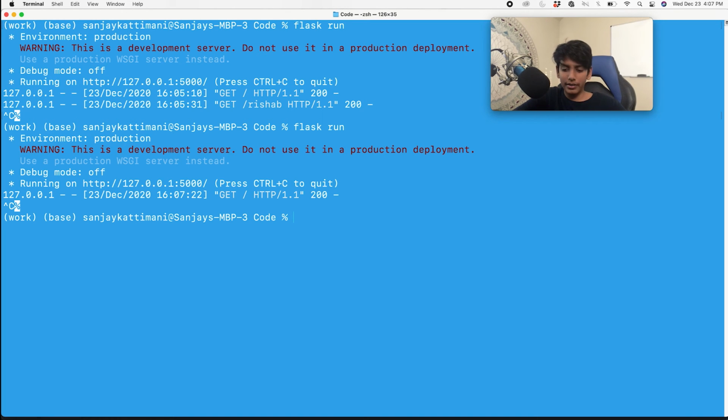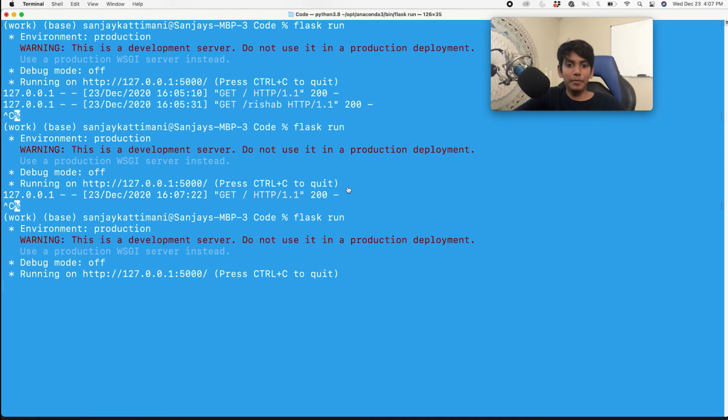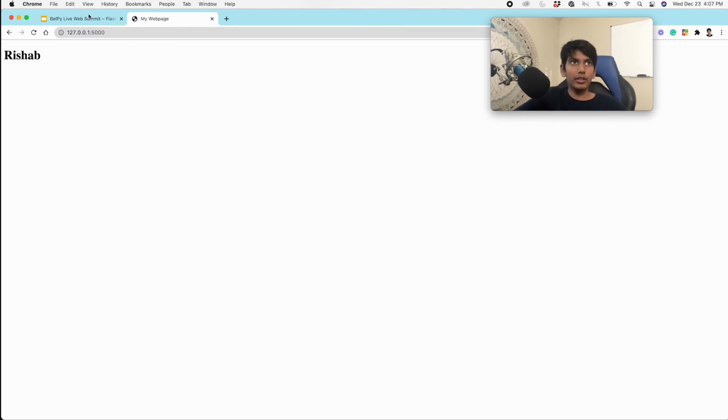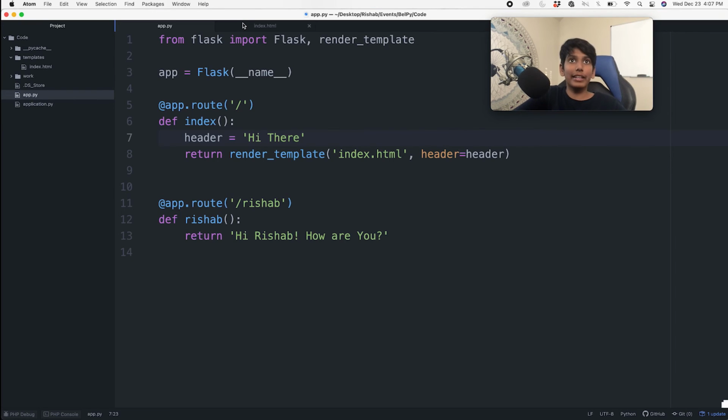And then go back, run it again. And then if we reload this page, then it should say hi there. And this is dynamically adding it into the index.html page from our Python file. There we go. So the next step after that is, instead of just one variable with a string value, we